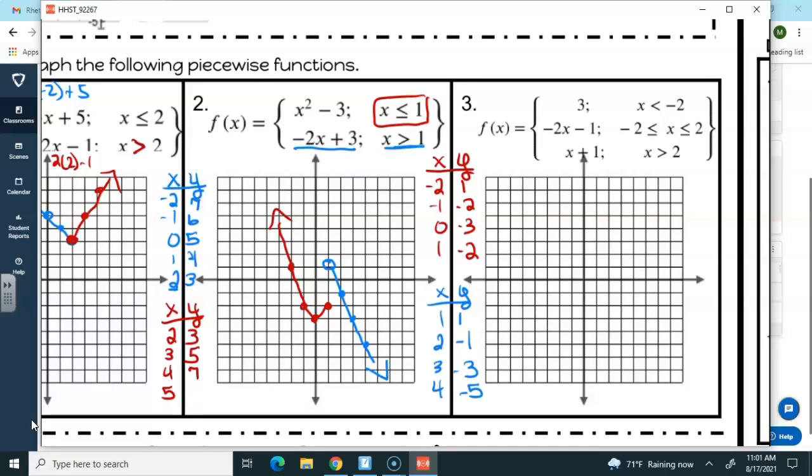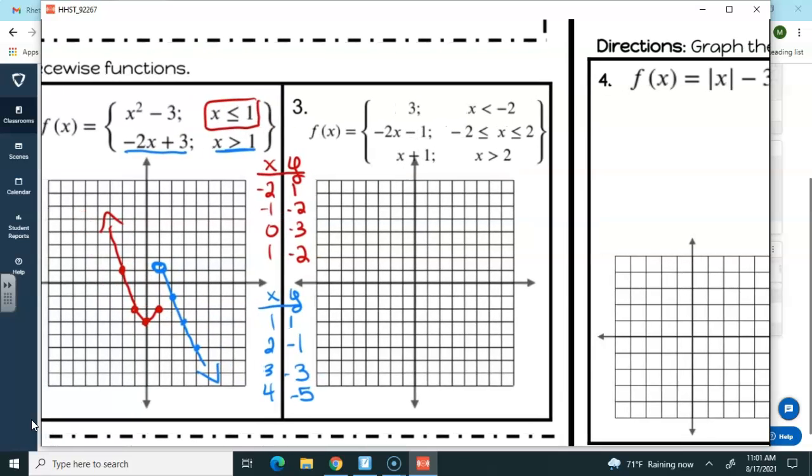This is a linear function, so it's going to be a straight line, and that's going to be our graph. This is a discontinuous function for 2 reasons. Number 1, there's a gap here, and number 2, there's an open circle here. Okay, the last one,